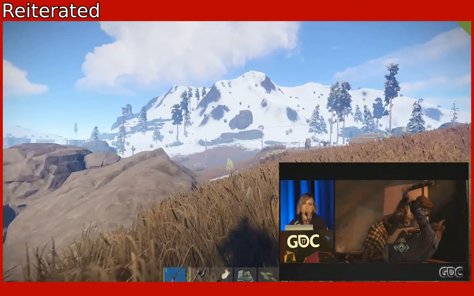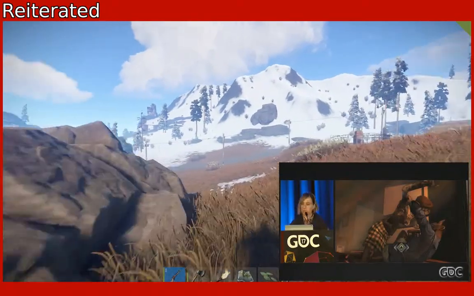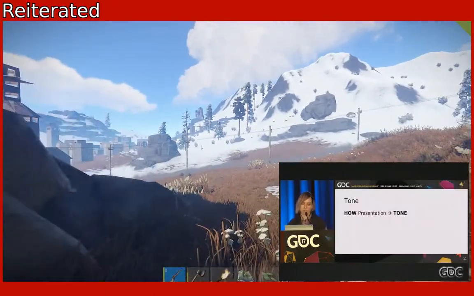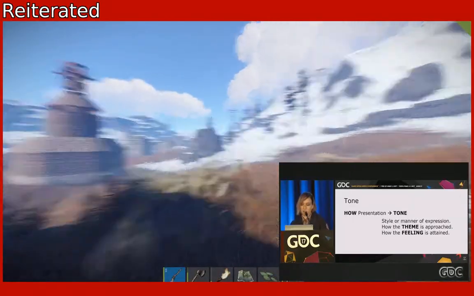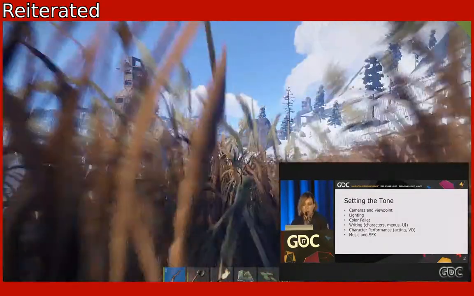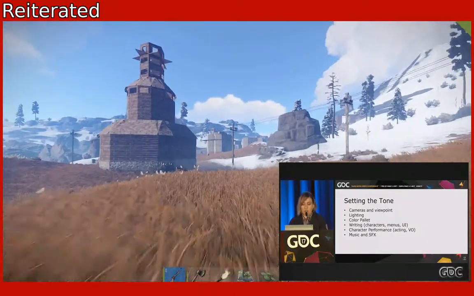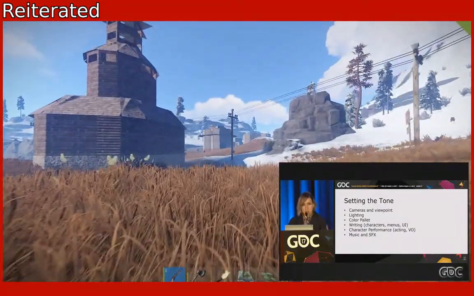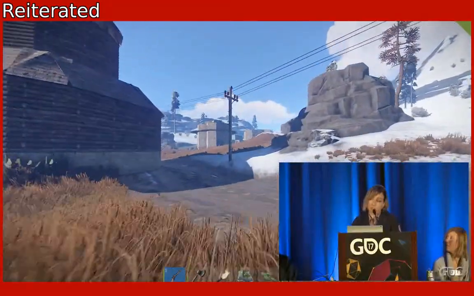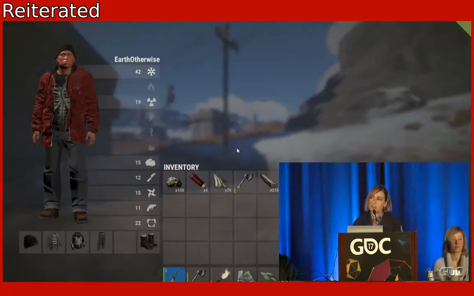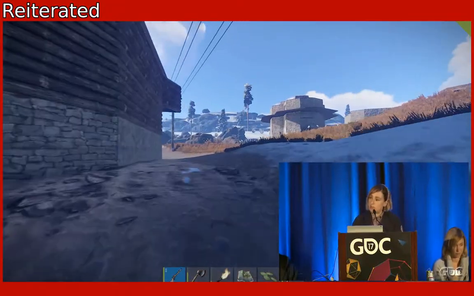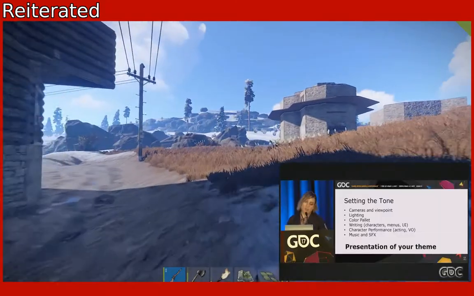Most of the rest of the talk is about taking an existing narrative property, like a movie, comic, or book, and turning it into a game. I'll note that we're only 4 minutes into the talk when this example begins. In reality, this talk could have been probably called How to Design Levels When You Have a Well-Defined Narrative.